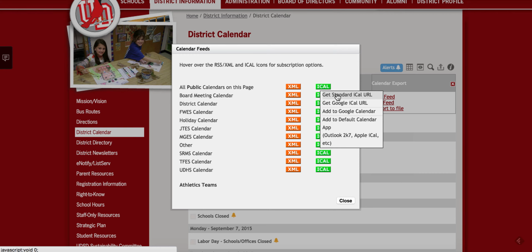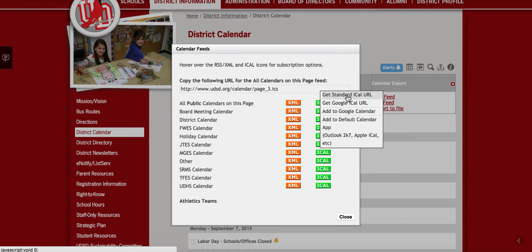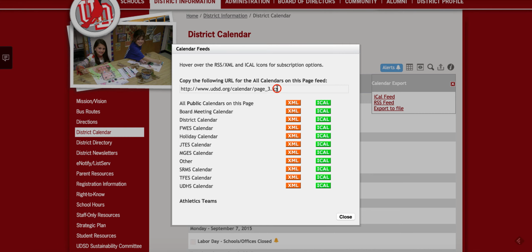I tried it on my phone, and it's actually a little tricky because if I zoom in, it's hard to get there and click. Maybe I'm just all thumbs. But there's a trick, right? So if I click here and I say get the standard iCal URL, this URL will come up. I can copy the URL, select, and I copy that URL. And then if I email that URL to myself and I open up that URL in my Mail app on my phone, just clicking on the URL will prompt me, do I want to subscribe to the calendar? I say yes, and then I will be subscribed to that calendar, and all the school events will show up